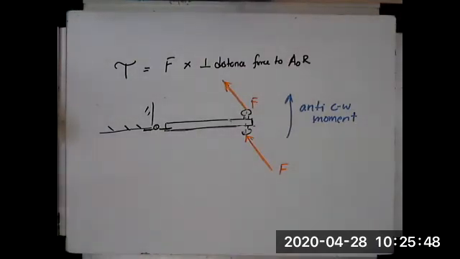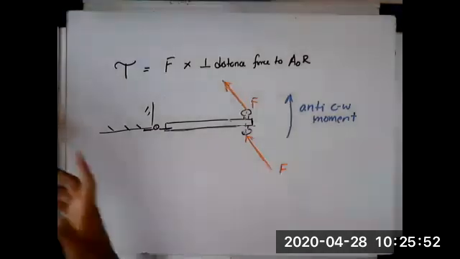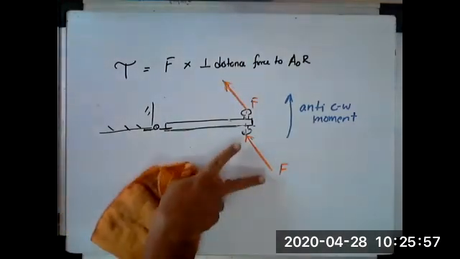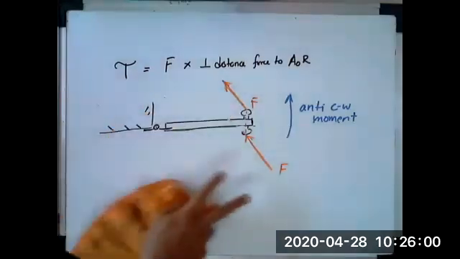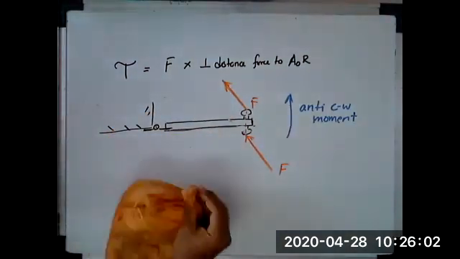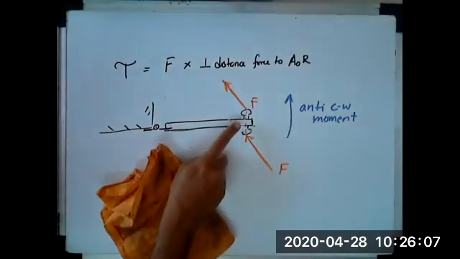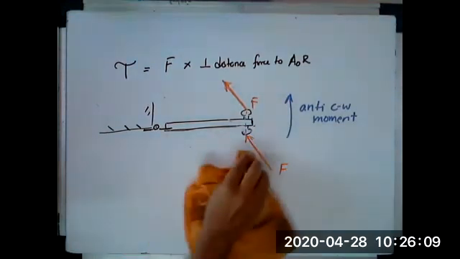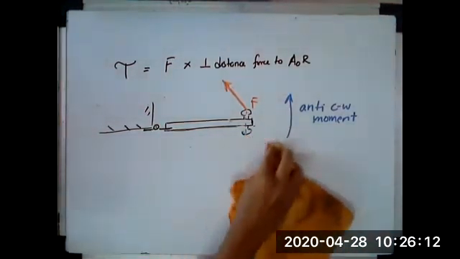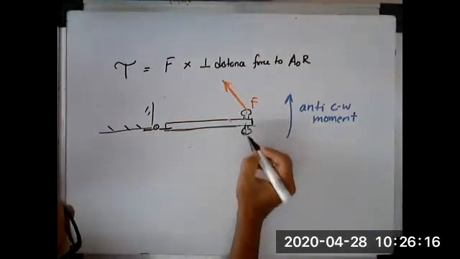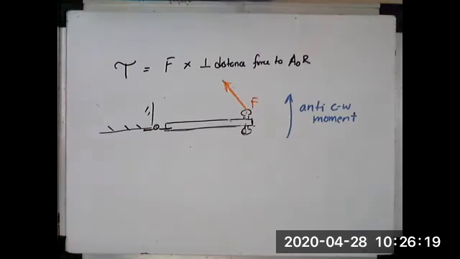Okay, so that's one axiomatic thing, right? I don't know if there exists, I'm sure there exists a proof to understand this, that if you move the force in such a manner that you don't change the magnitude or the direction, and you're still applying it on the same object, on the same body, then there should be no problem. But you have to take it axiomatically as a matter of faith at this point of time. If you're unhappy about that, I'm okay with that. But if you accept that, then I can tell you what it is that I want to do.